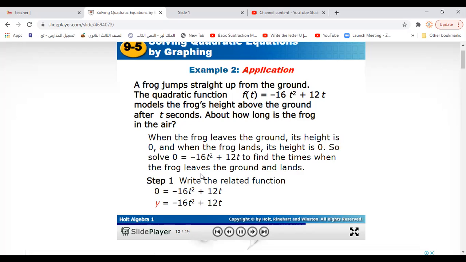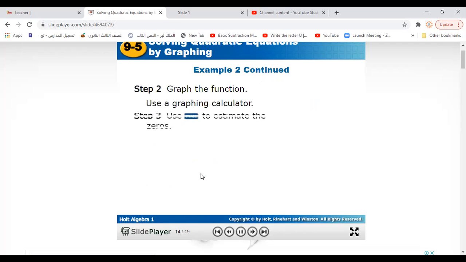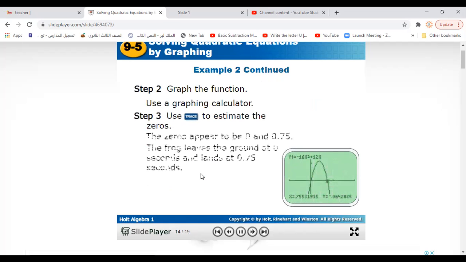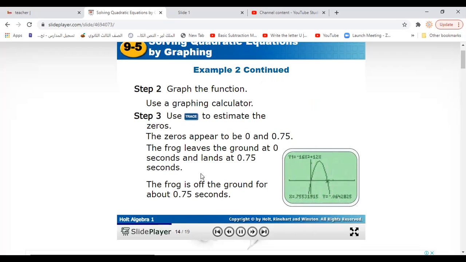So we will replace the value of y by 0, and then we will graph the function. You can use a graphing calculator. We can use ordered pairs to represent it graphically. We will find that the zeros appear to be 0 and